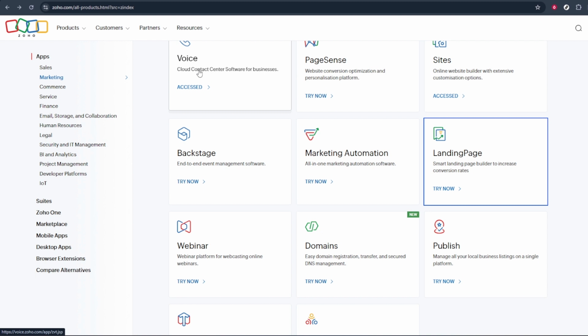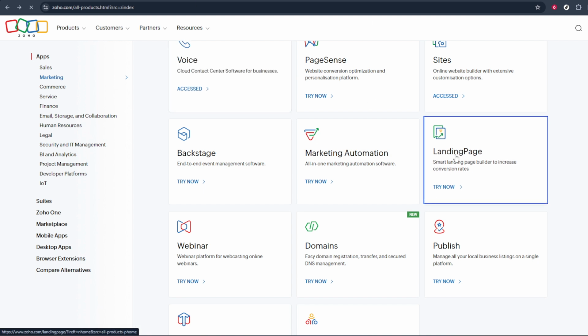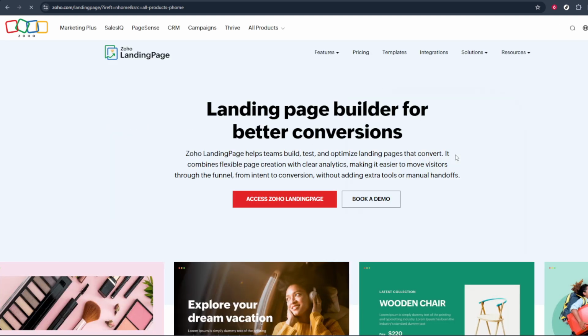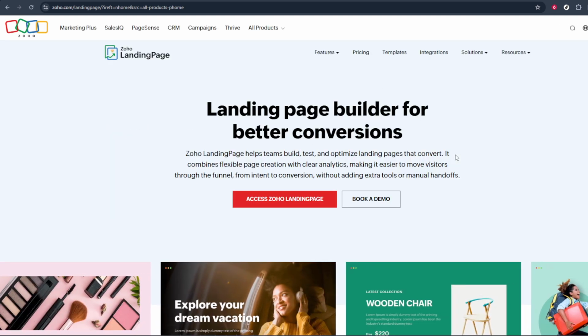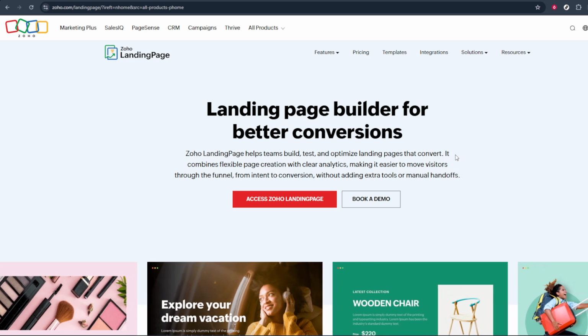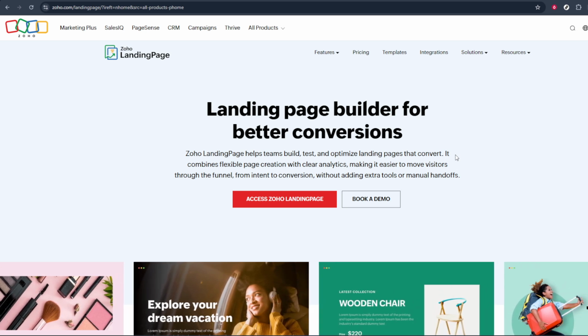from scratch. First, once you're on the Zoho All Products page, look for the option labeled Landing Page. This is usually listed among Zoho's marketing or website tools. Go ahead and click on Landing Page. This takes you to the main Zoho landing page product area where you can access the builder and manage your